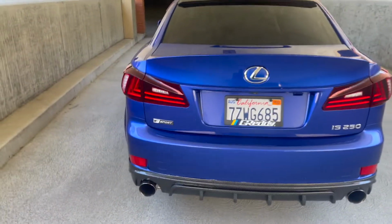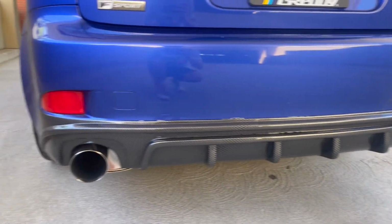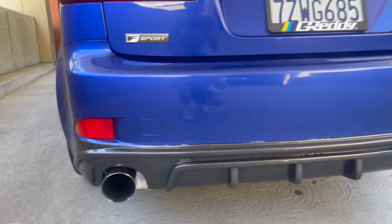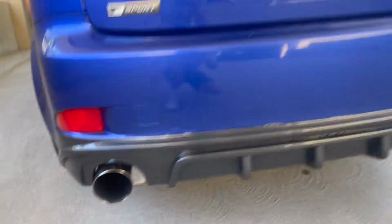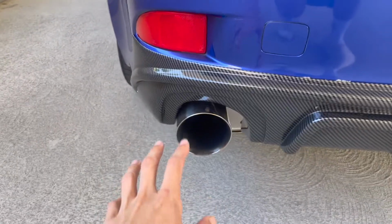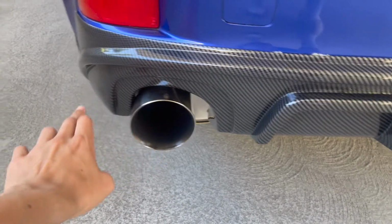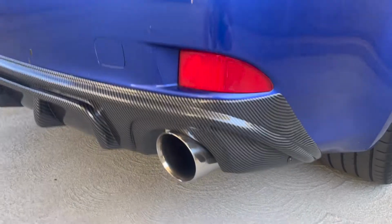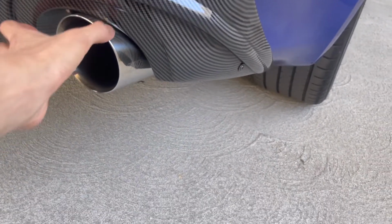And this carbon diffuser, it's a little bit different than the ones that everybody gets. I did have to put some screws into the car to make this work. So if you guys are wondering and wanting to get this diffuser, you're gonna have to put one right under right here, one on the side, and another one right under here. This isn't melting, so